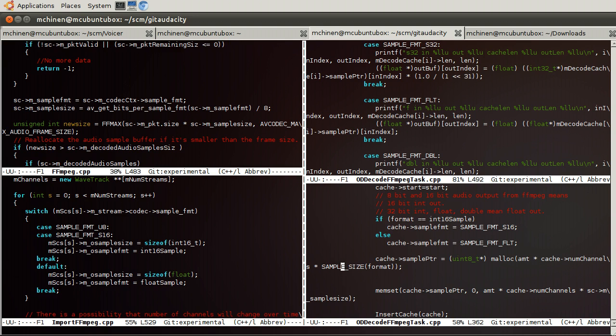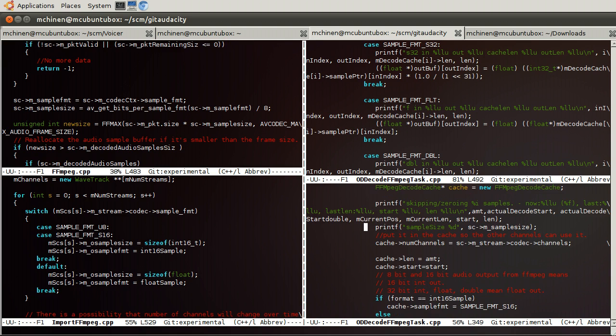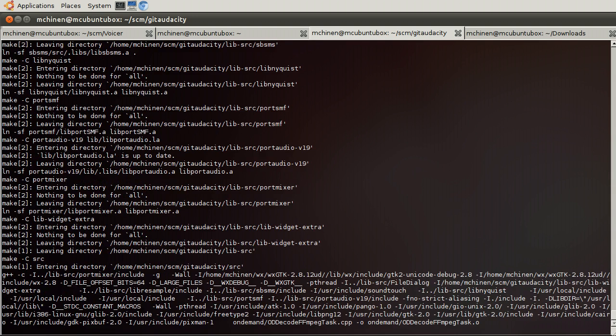We can just use the native sample size. We don't even have to worry about the FFmpeg one because they're the same. So this will pretty much do what we want. Instead of that sample size, we're using the format size. Alright, and now I'm going to get rid of that. So let's try building and see what happens.